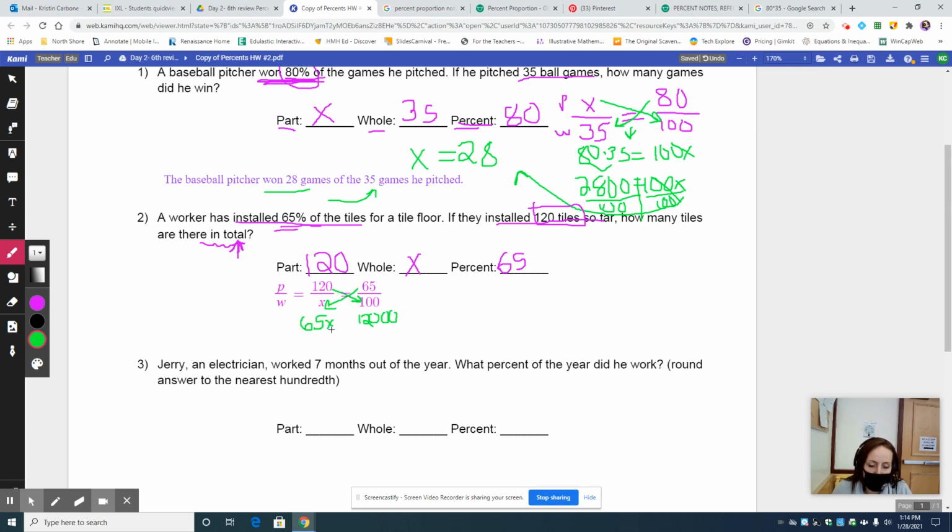What did I forget to write here? The equal sign. I forgot to write the equal sign. Come on now. All right, now we just solve like we do for any other equation. We divide both sides by 65. Look how much more room I have. Divide by 65. And we get an answer of x equals